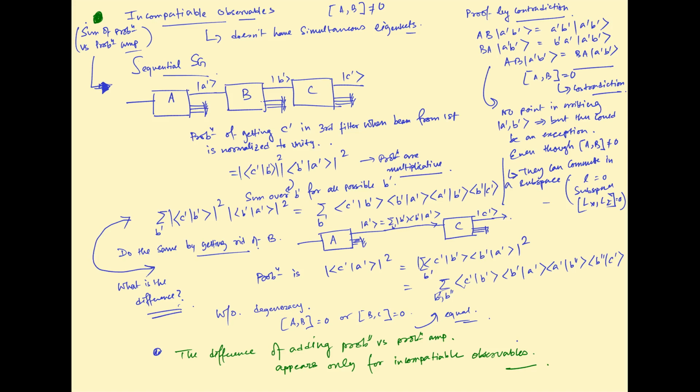Let us say I have a sequence of 3 filters. There are n states of this system, not two states anymore. The first filter lets only the A prime eigenket pass. If you think in terms of Stern-Gerlach, you can think it is plus z or minus z: it lets only the plus z pass and blocks the minus z. So, here it blocks all the states except the A prime. The B filter does a similar thing, it blocks all the other states except the B prime, and then the B prime goes into C, which blocks all the other states except the C prime.